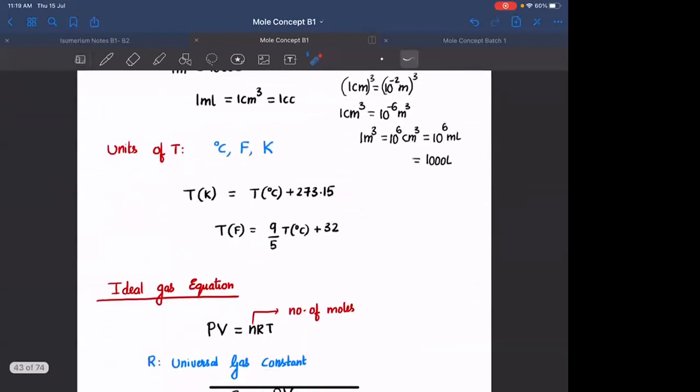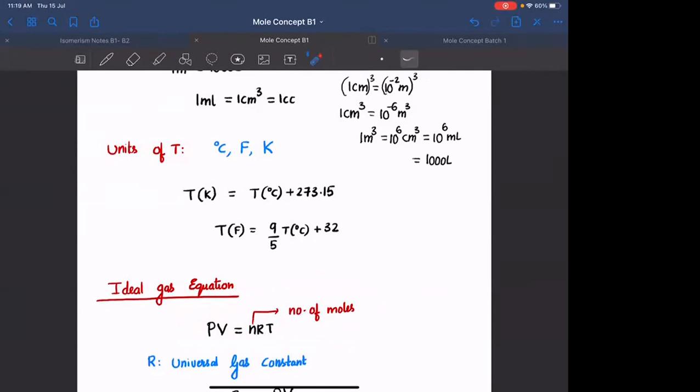Whenever you have a gas, any gas, if it is an ideal gas, we will understand what is meant by an ideal gas later. Whenever you are given any gas in the question, we will always treat that particular gas as an ideal gas. If it is an ideal gas, it will obey an equation called the ideal gas equation, which is given by PV equals nRT, where P is the pressure, V is the volume, n is the number of moles, T is the temperature. Any gas will always obey the ideal gas equation, provided the gas is ideal. We will understand what is meant by an ideal gas in the chapter of gaseous state.